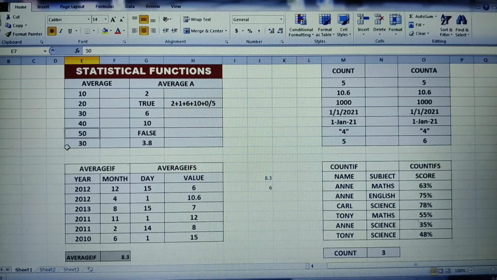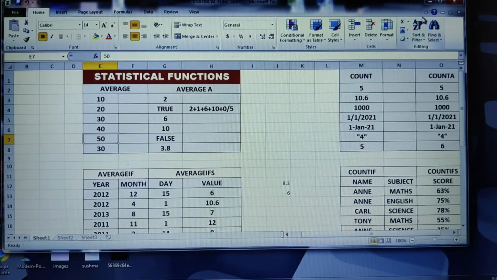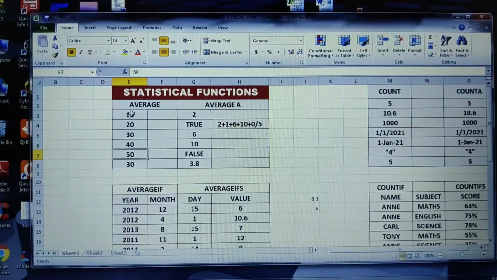Now at this particular cell, this is the E column. I've reduced the window size so that you can see the row and column headers here. This is the E column and I have applied the formula in E8. You can see it in the name box here. What formula did I apply? It is equals AVERAGE of, and what range did I pass? That is E3 to E7.